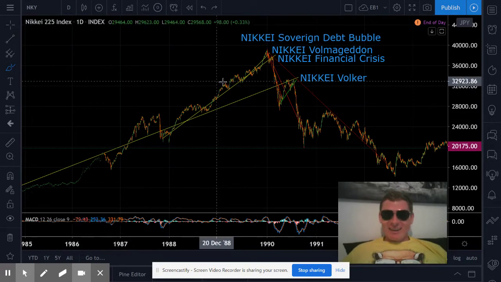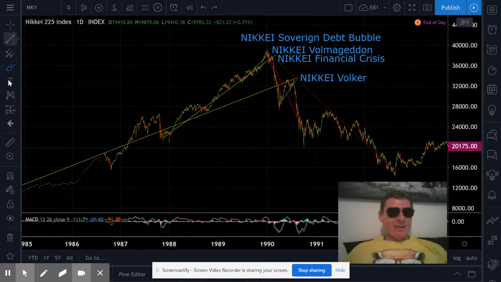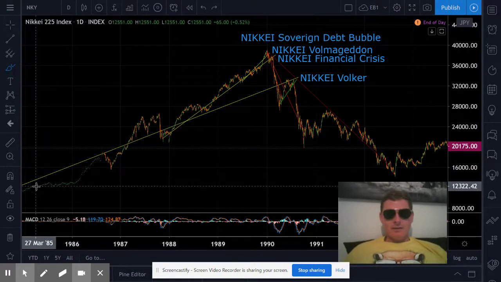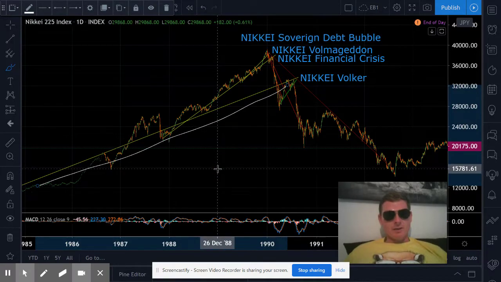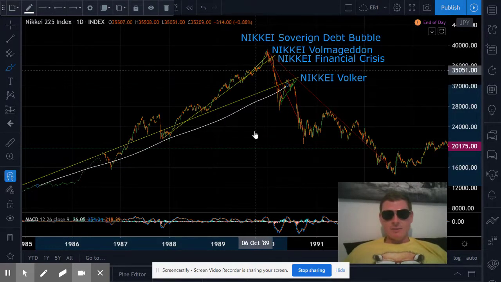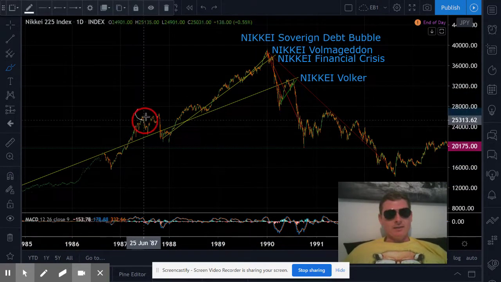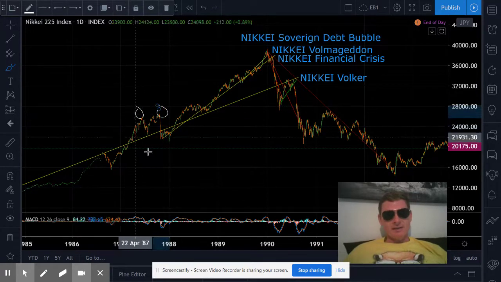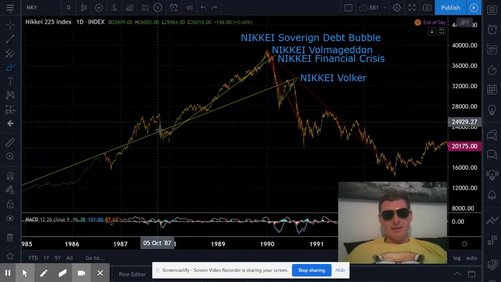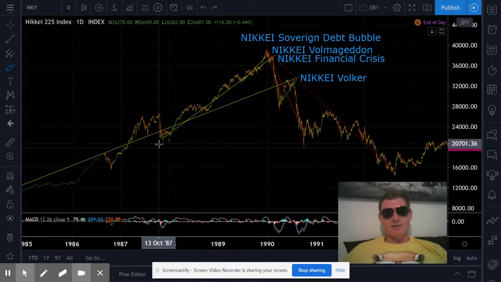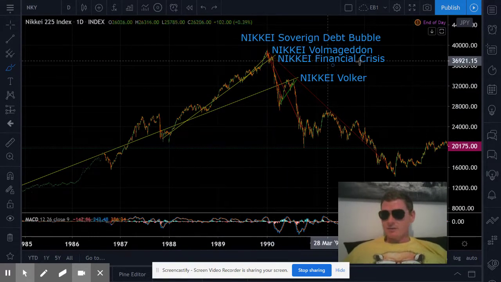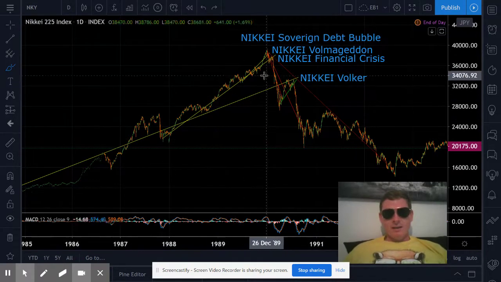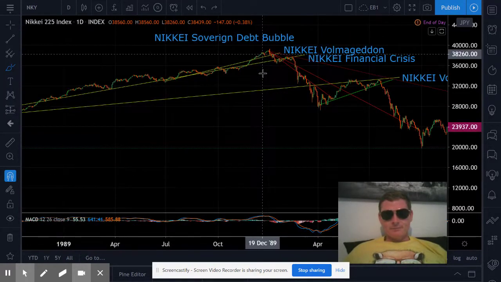So here's the Nikkei and here's our analog trend lines. This is the super long term Nikkei trend line that sets up the whole Nikkei everything bubble. And then you get this double kind of bubble here that's like .com and financial crisis on the Nikkei, and this crash here is like the financial crisis. And then you get the steeper line here, which is like our financial crisis trend line that we have been looking at. And then if you zoom in up here,